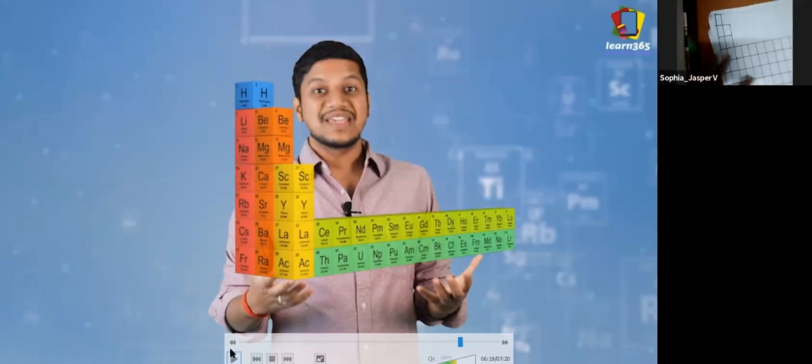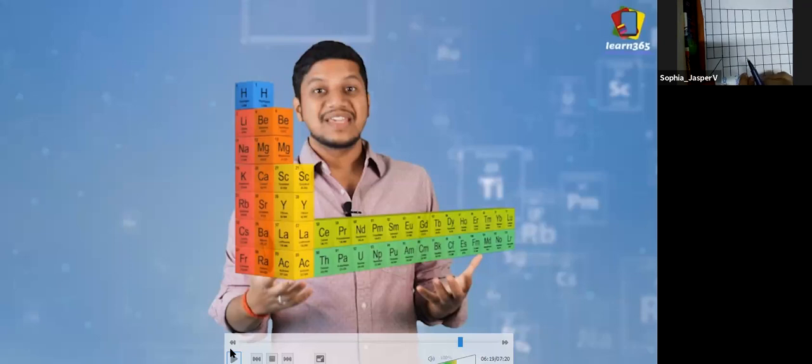Okay, let's begin deconstructing this very scary periodic table into something very similar and simple for your exam point of view. Just remember, the whole periodic table is not, in fact, necessary. You'll just have to remember the very minimum version of the periodic table called the mini periodic table.